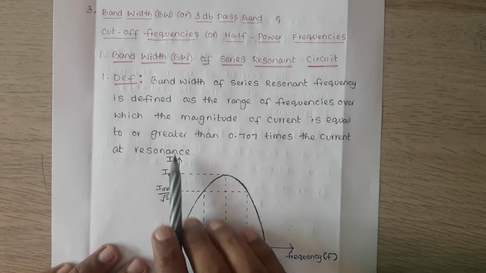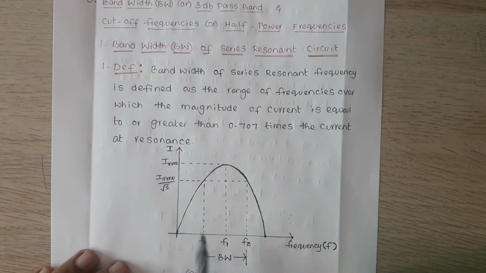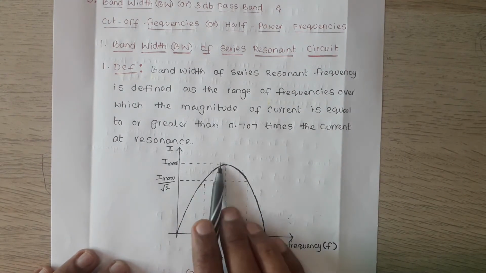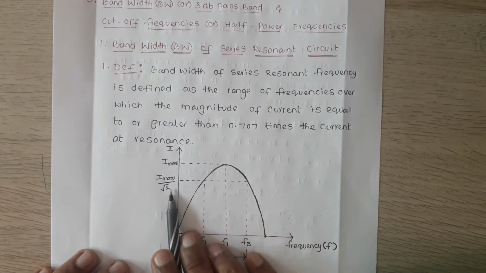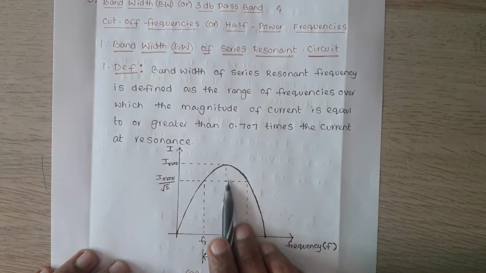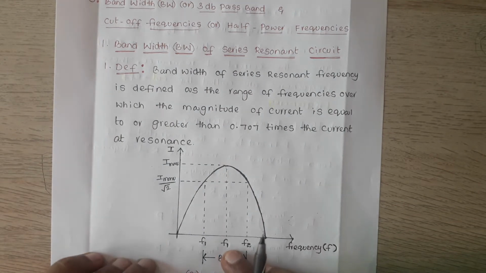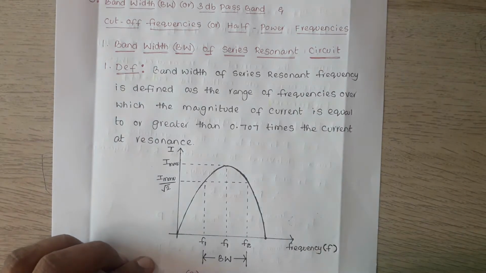First, look at the current curve in series resonance. Draw the current curve with respect to frequency; take only the current curve. It has a maximum current, I max. The frequency corresponding to the maximum current is the resonance frequency. At the resonance frequency, the current in the circuit is maximum, so let it be I max.